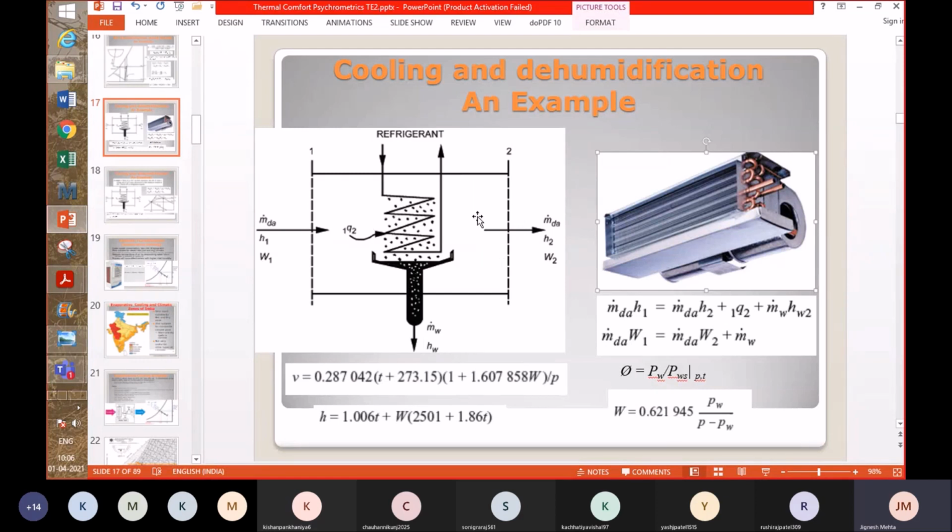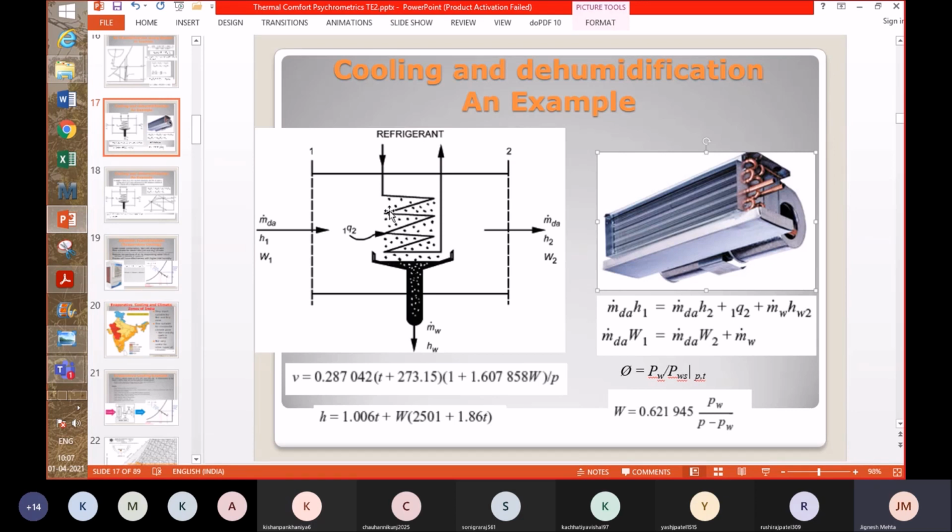So it is shown schematically here, and as an engineer, you might be interested in certain things. For example, you may be able to measure the condition of the inlet air. You may have been prescribed the conditions at the outlet, and you want to know at what rate should I remove the heat from the air. That's nothing but the capacity of an air conditioner. So such a problem may be posed against you. So you have to get the capacity of the system, based on which you select an air conditioning unit.